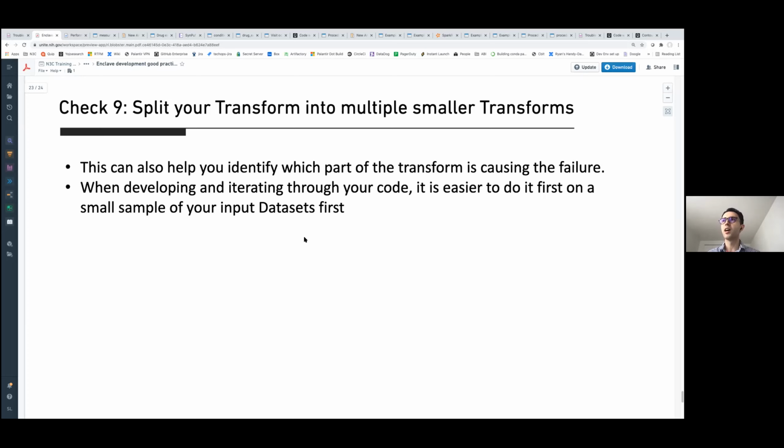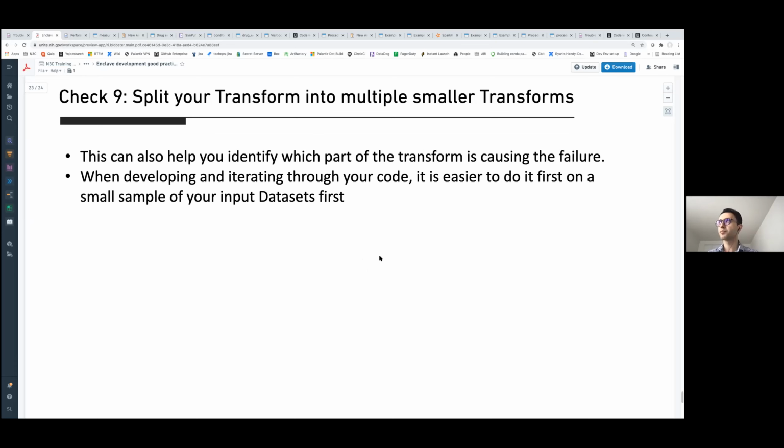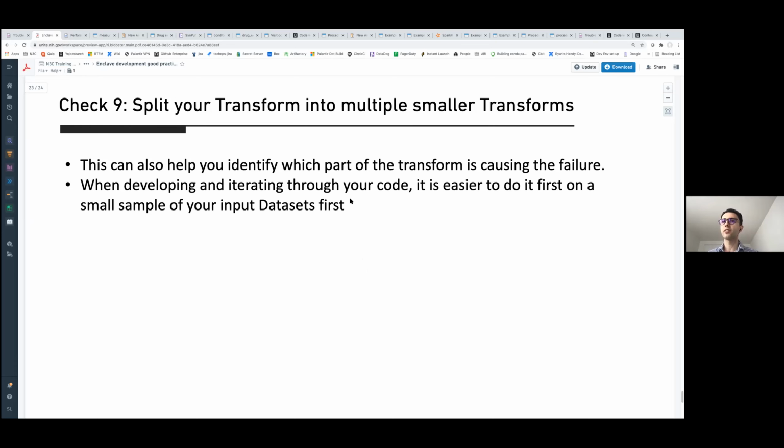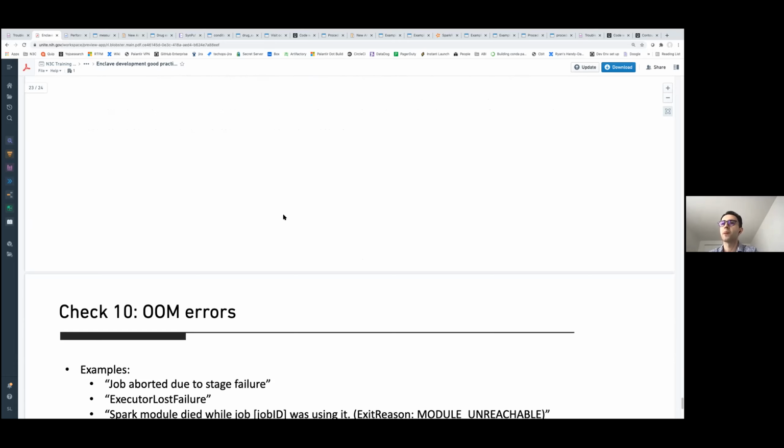And this will help with iteration and reduce the amount of frustration that comes from using very large data sets. And if you check the knowledge store, Sean has a template that does this sampling to a smaller number of rows. So you can use that to start your analysis.